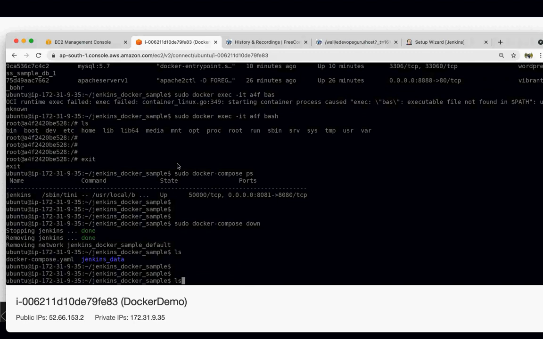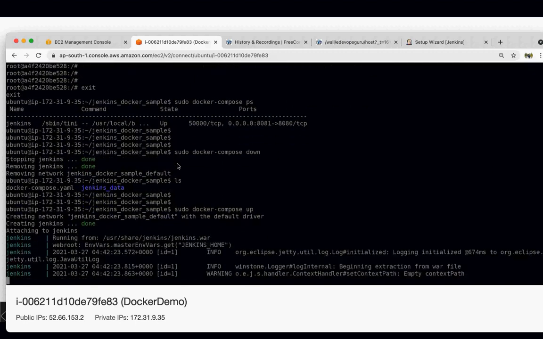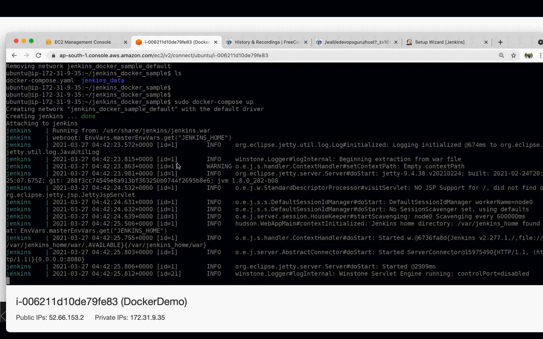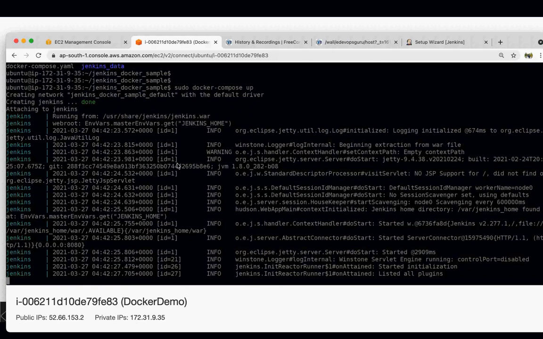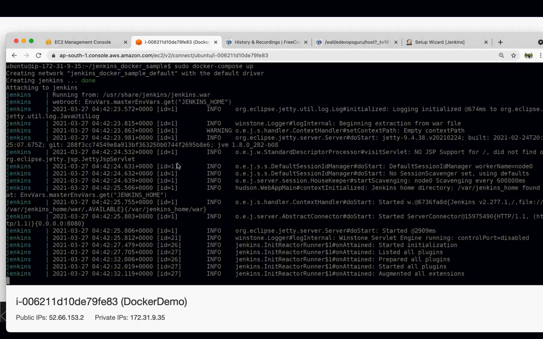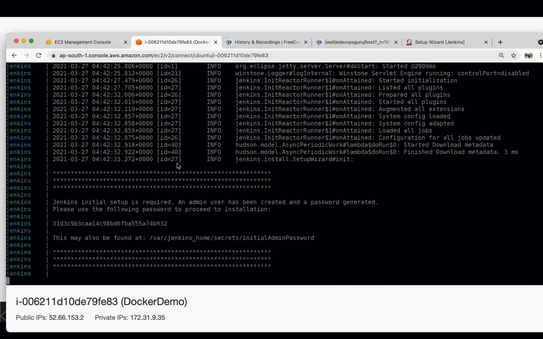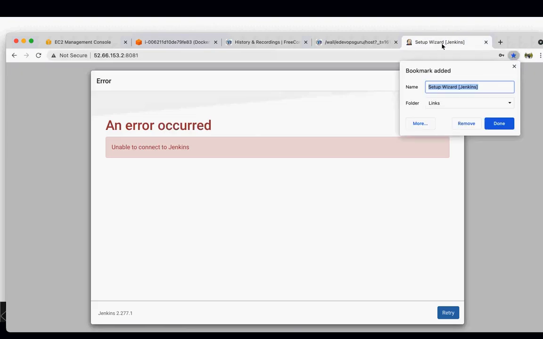Now if we start it here, if you don't give -d, it will run in the console itself, in the foreground. So this is how it would look. By default, until that process completes, it is not going to work. Let's see.